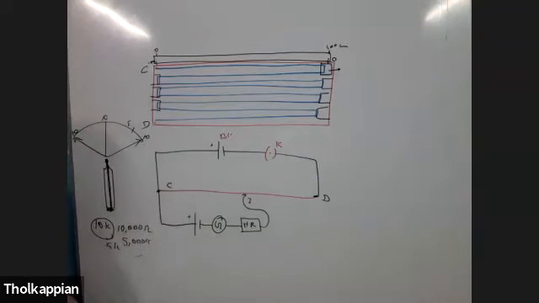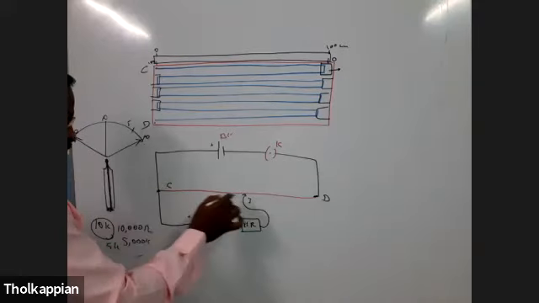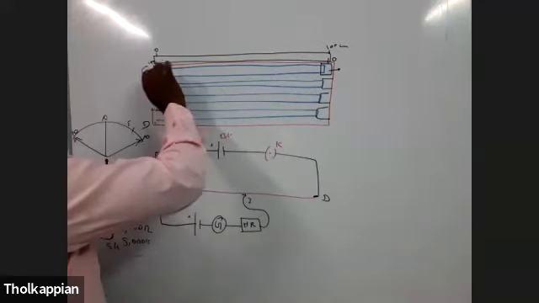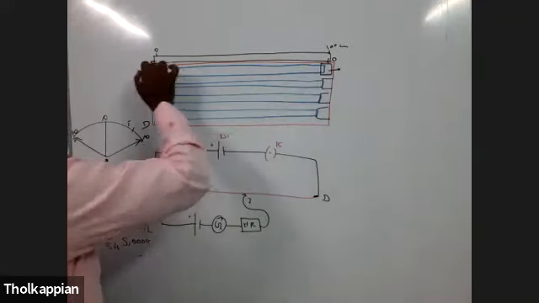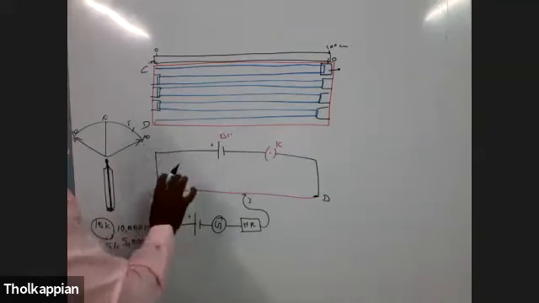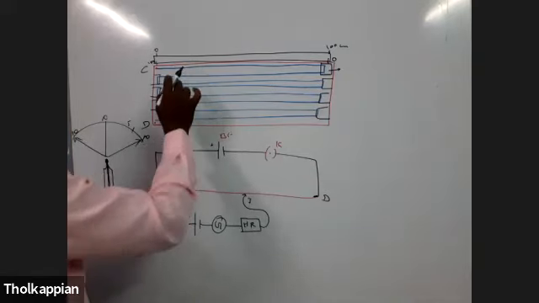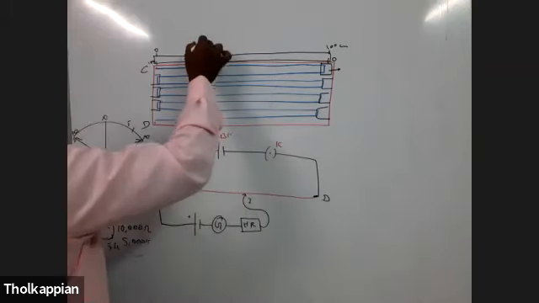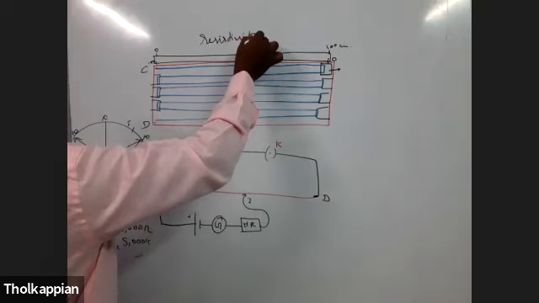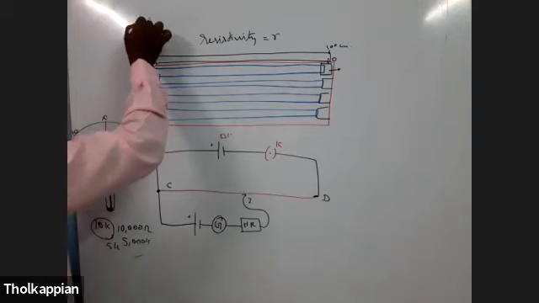This is the connection. First, here one scale is attached. The system consists of a scale. The scale graduation is 0 to 100 on that side, and from there again 0 to 100. Now you have to find the EMF. Here, the resistivity of the wire is represented as R. This instrument is the potentiometer.